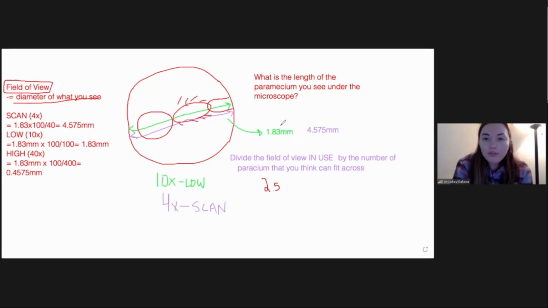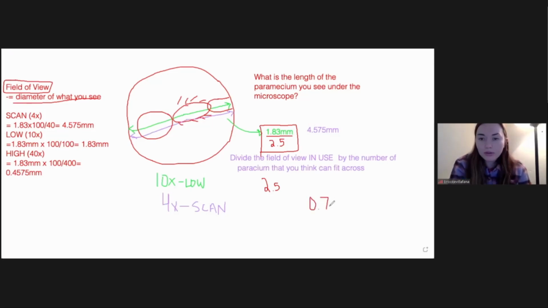What is my field of view in use? We're going to say 1.83 millimeters. If I'm using 1.83 millimeters, I'm going to divide that by 2.5. 1.83 millimeters divided by 2.5 gives me 0.74